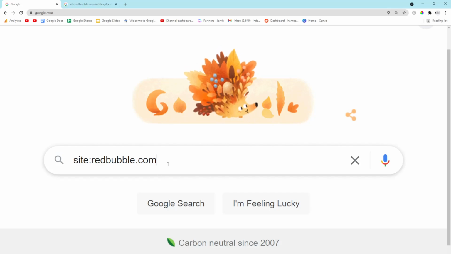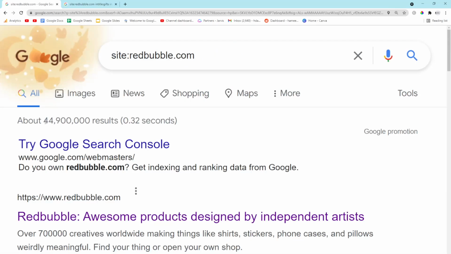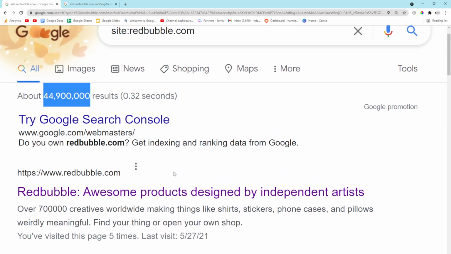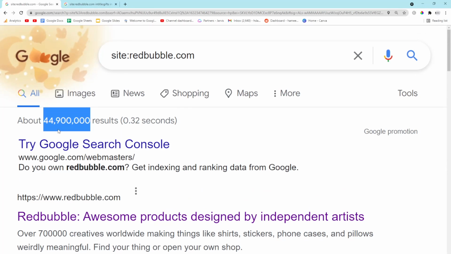and then if I press enter here, we can see that Redbubble has 44 million indexed pages, which is insane, like absolutely crazy. The SEO of Redbubble is very strong. Okay, the next thing we want to do is tell Google that we only want to see search result pages. So we need to write inurl,